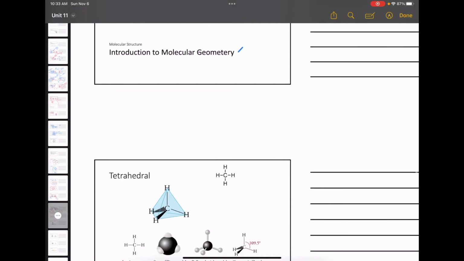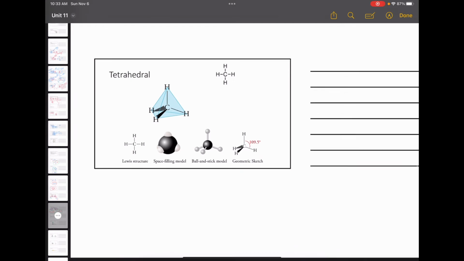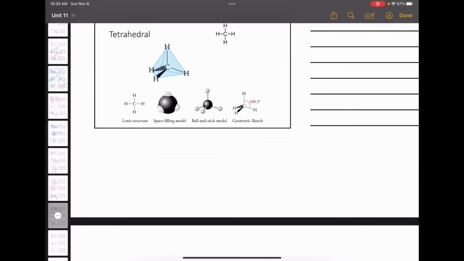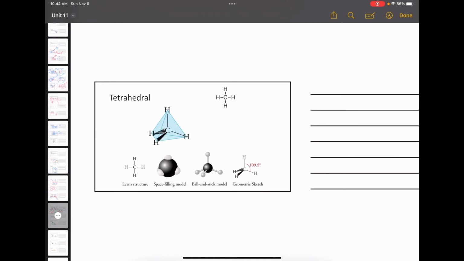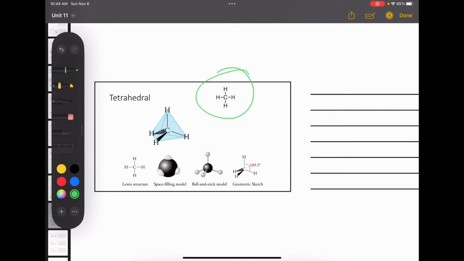Now, let's talk about geometry and see how we can anticipate what kind of geometry a molecule will have based on the number of bonds, based on the lone pairs, and also we can predict the angles between the bonds. So the first geometry that we have here today is the tetrahedral. And every time we talk about tetrahedral, we have to mention CH4. Okay, because CH4 is a great example for the tetrahedral geometry, where you have the carbon sitting right in the center, and you have the hydrogens as far away as possible from each other